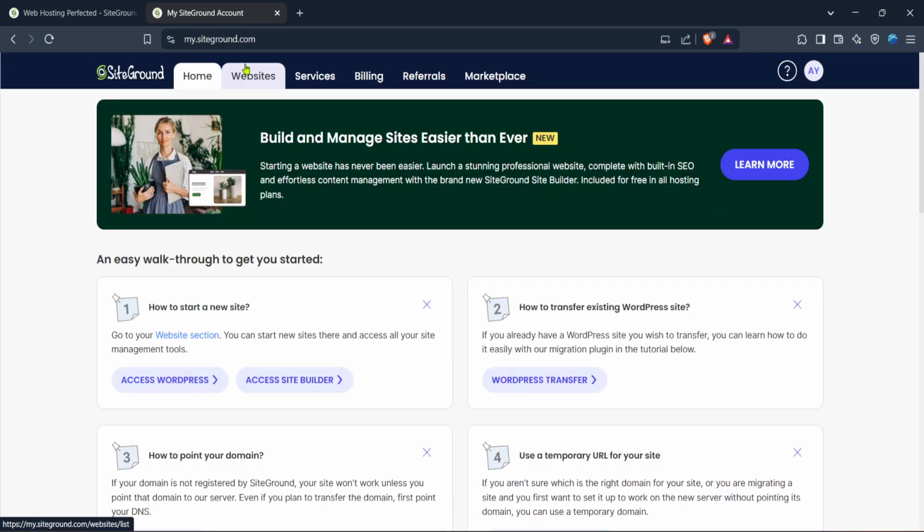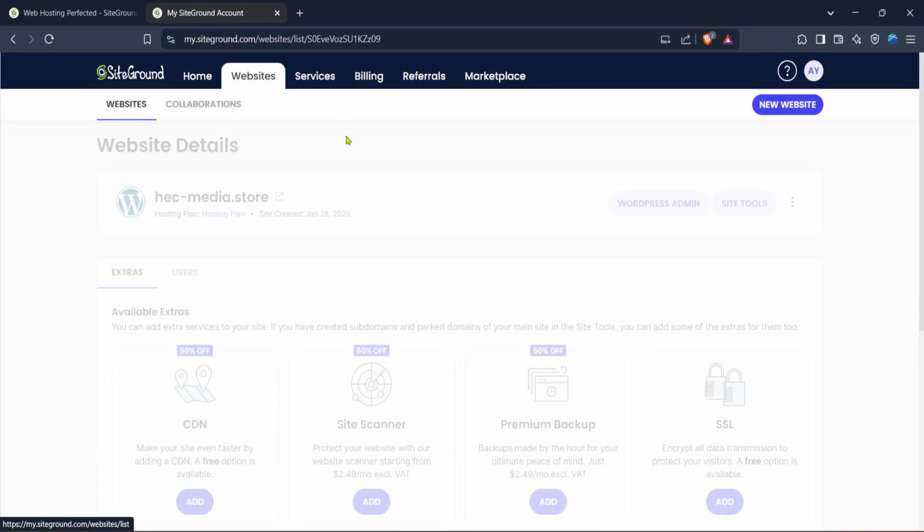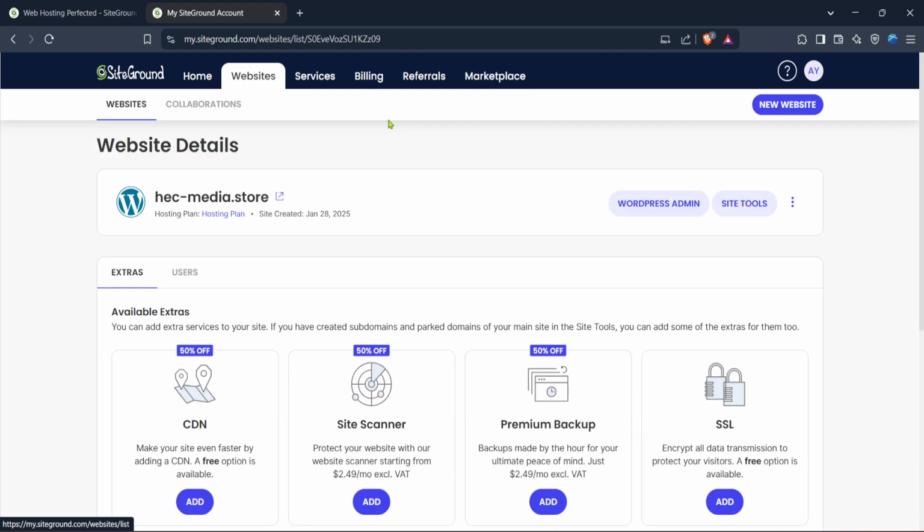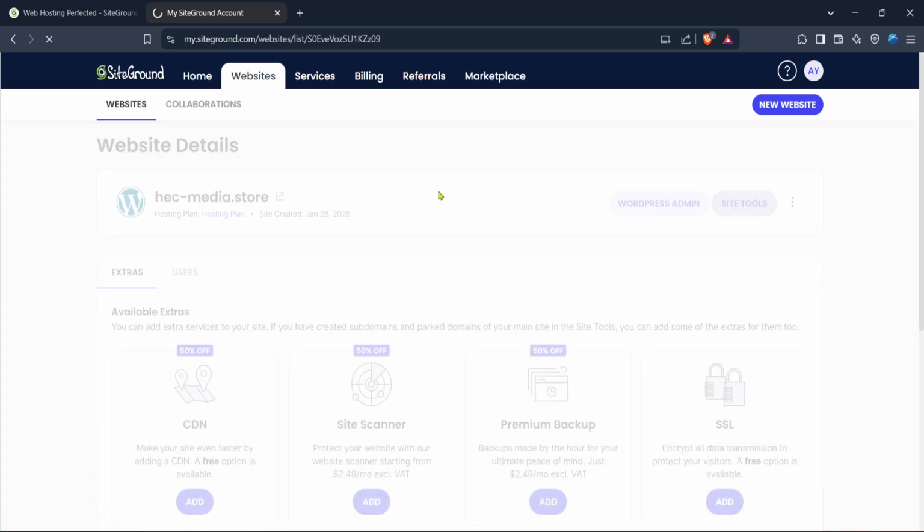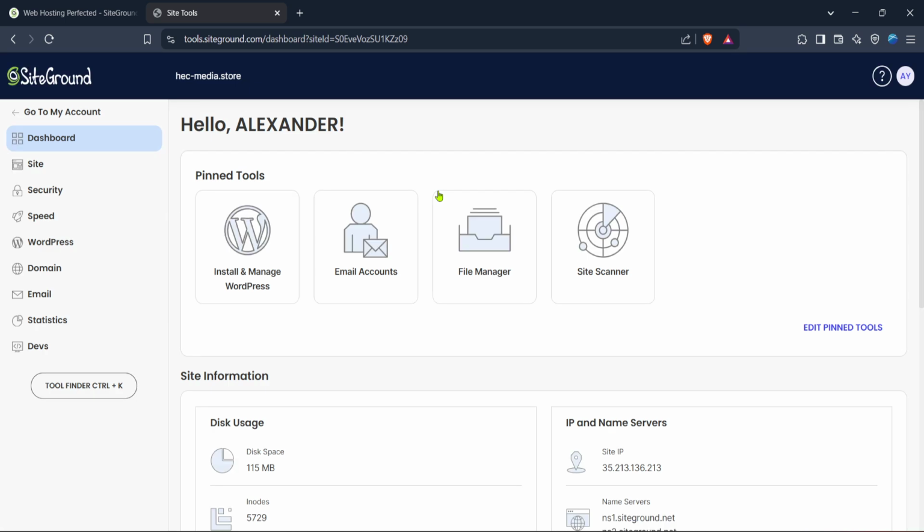This is where you manage all your hosting services, so it's a good area to become familiar with if you aren't already. Now, within your account dashboard, look for the Site Tools button. It's typically listed under each of your domain names. Click on Site Tools. This is essentially the control panel for your website, where all your site's configurations and management options reside. Once you're there, look for an option or tab labeled Users. Click on Add Users to begin the process of adding a new user to your site.